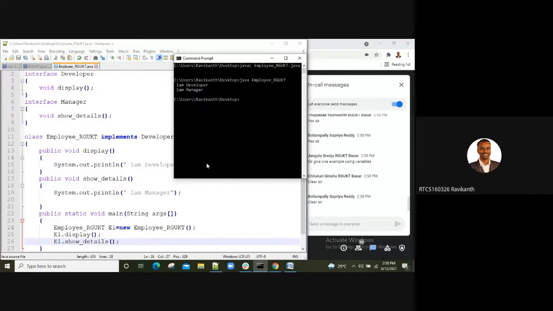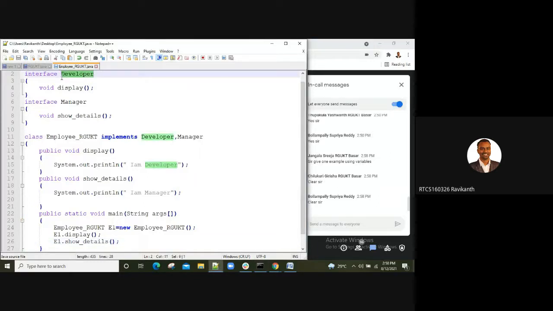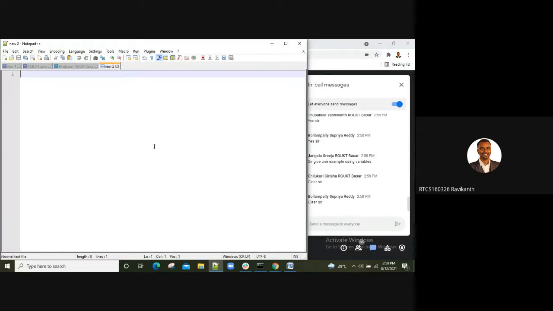Srija, I'm asking you to do one example, that example I asked you to do, right? You take one interface called calculator. Then you take a class. Then try to implement all that. I'll just give you the structure. Don't expect everything from me. I'm just writing here, guys. So, interface calculator.